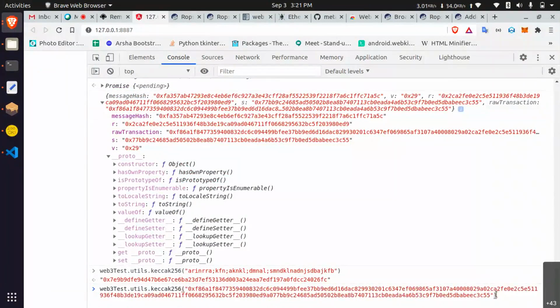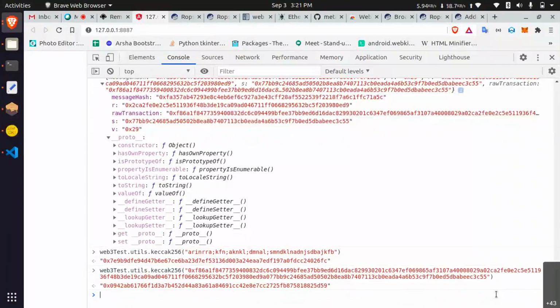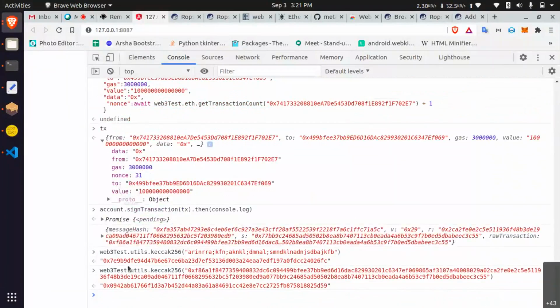You have to learn JavaScript for understanding this, but transactions, all the things you can understand. That's why I'm explaining. The Keccak output is 32 bytes. 32 bytes means a length of 66 with 0x. Okay, I'm saying 32 in bytes, not a length.